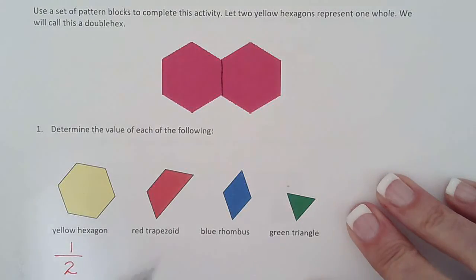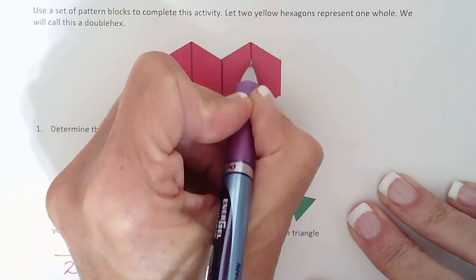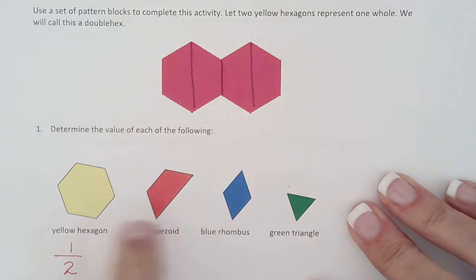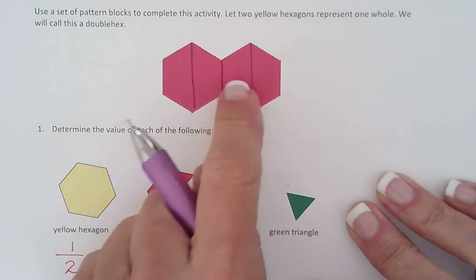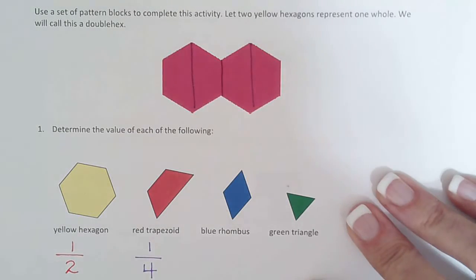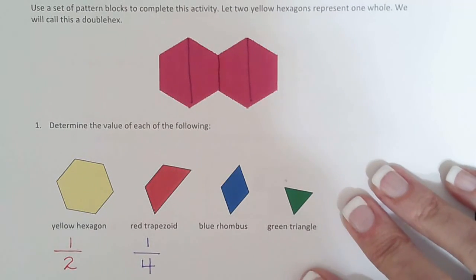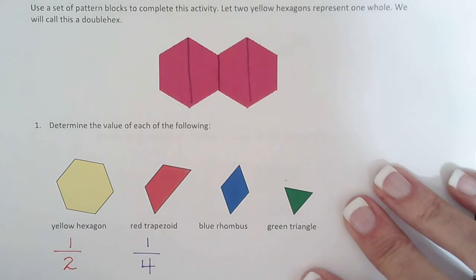The trapezoid, we could do something similar. We could say there's a trapezoid. There's 2 trapezoids, so we have a total of 4. So this trapezoid is 1 out of the whole is 4. And I don't know if you remember, but the rhombus, the blue rhombus from when we were doing the manipulatives, there were 3 of them in a hexagon. So I'm going to pick up from there on the next video because I see this one's getting ready to